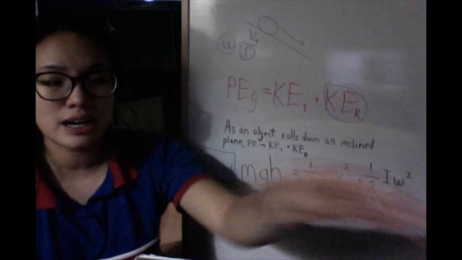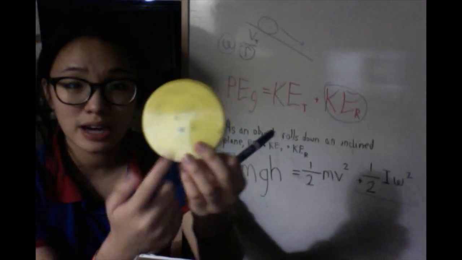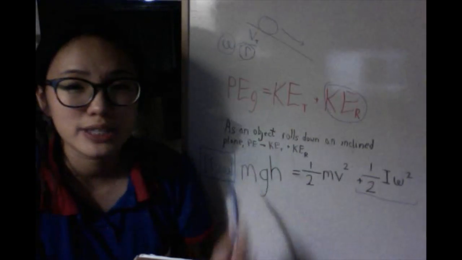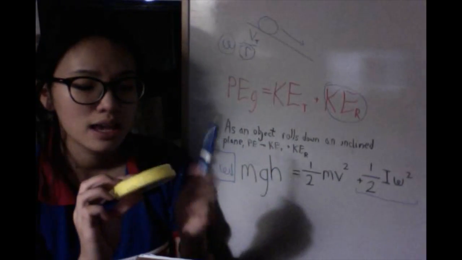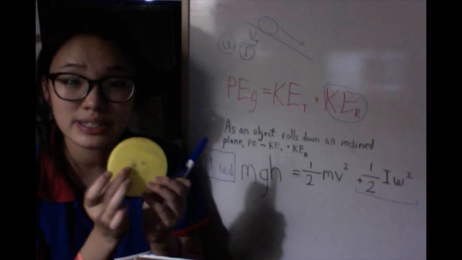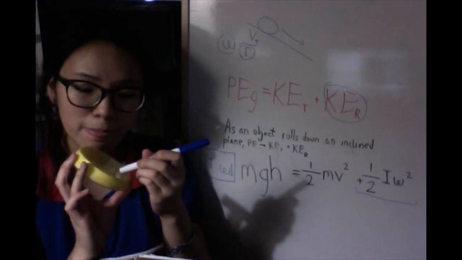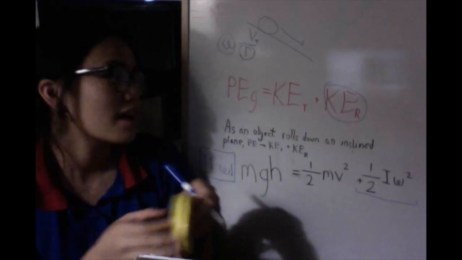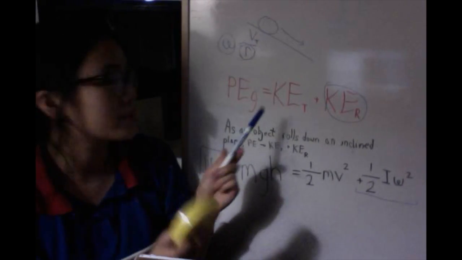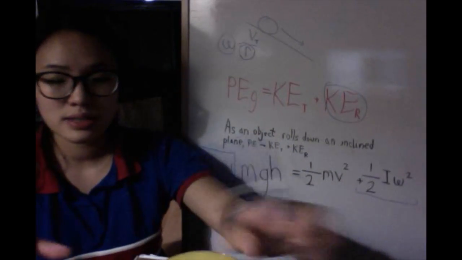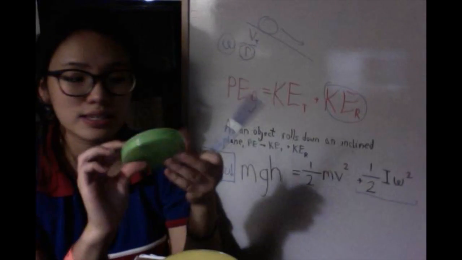In the case of the petri dish with the mass concentrated at the center, it had the smallest rotational kinetic energy because it had the smallest radius. All of them were concentrated at the center, so it rolled down faster because more of its potential energy was contributed to its linear motion, whereas this petri dish